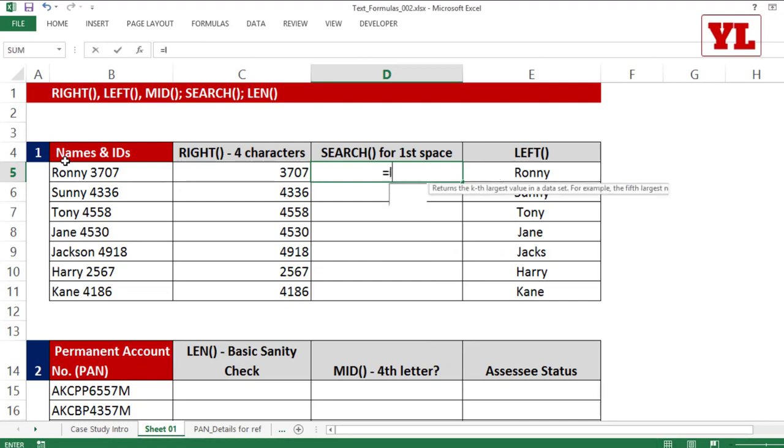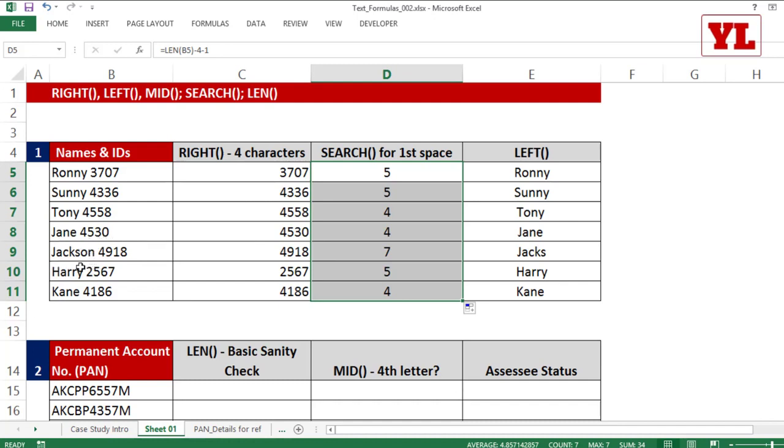To do that, let me start with a formula called len. Len, closing the bracket, enter. Now notice this is the total length of the entire series of characters, including the digits and the spaces. Now fortunately for me, the number of digits are only 4. So if I reduce the len formula with minus 4 and minus 1, although I could have done minus 5, but this is just for our academic purpose. Minus 4 is to ensure the 4 digits are taken away from the length and 1 for the space. So what I'm getting is 5, 5, 5, 4, 4, 7, 5, 4, and so on, which means Jackson is